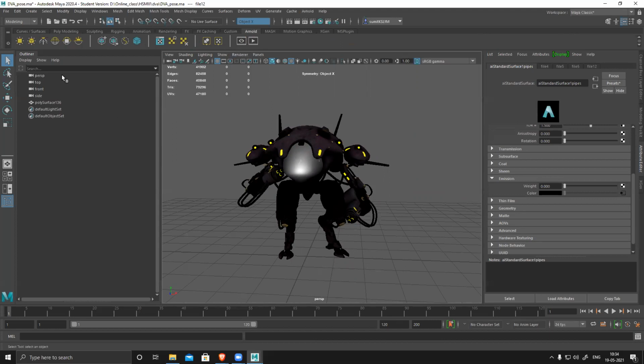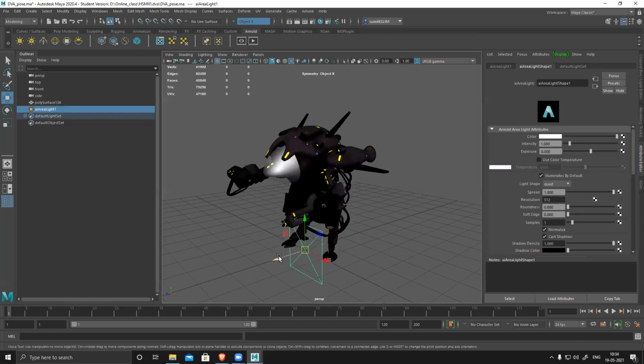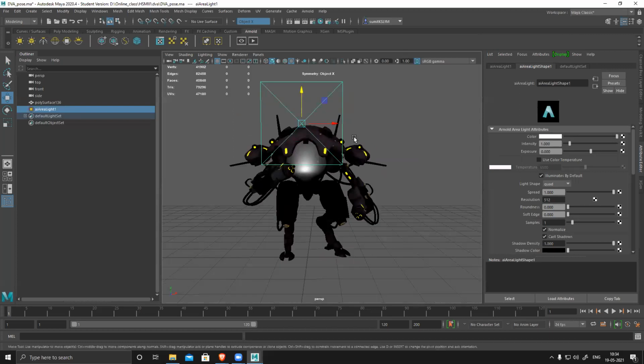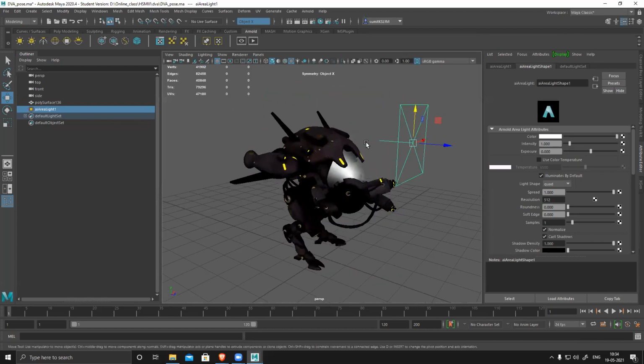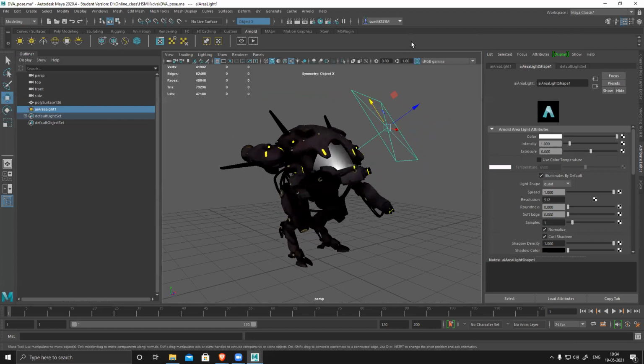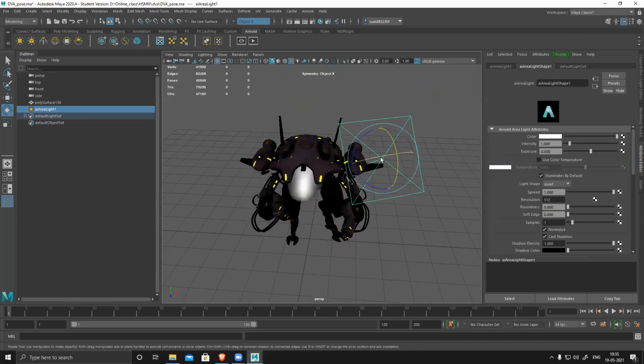Now I need light because in my scene there is no light. So you can see I have an area light, I have a mesh light. So I'm going to use an area light. Click on this, it will create this box, this square. Area light is basically, depending upon the area of this thing, it will generate a light. And this green line is basically the direction. So I can rotate, change the angle, and place it wherever I want to place.